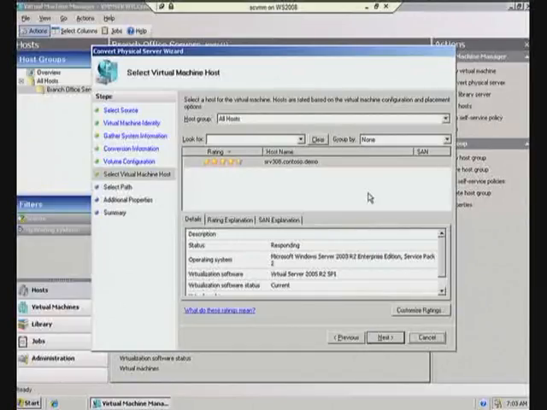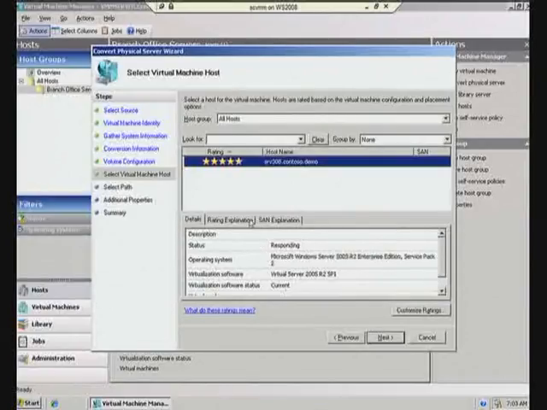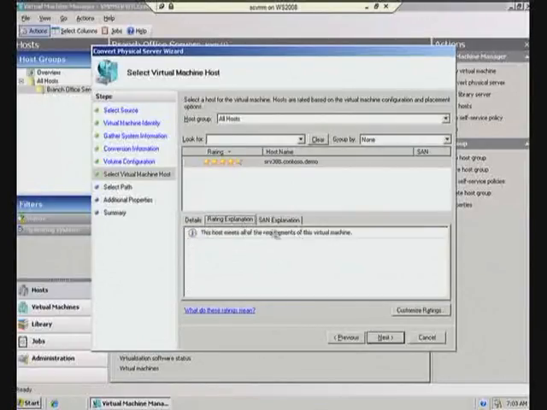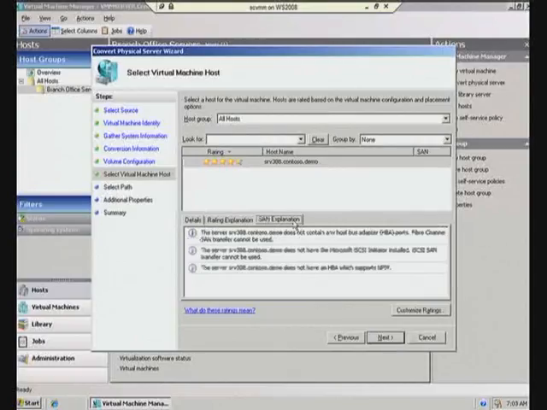And in my demo, it was pretty simple because there's one host to pick. So I picked that host. It also gives some more information down here about the host. Tells me if there's any issues from a ratings perspective. If I had a SAN on that host, it would tell me whether or not the SAN was available for